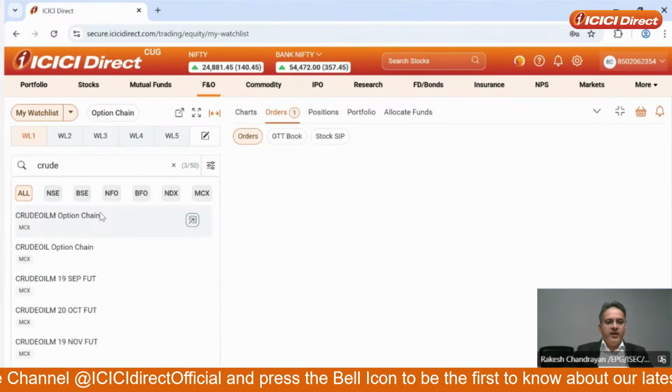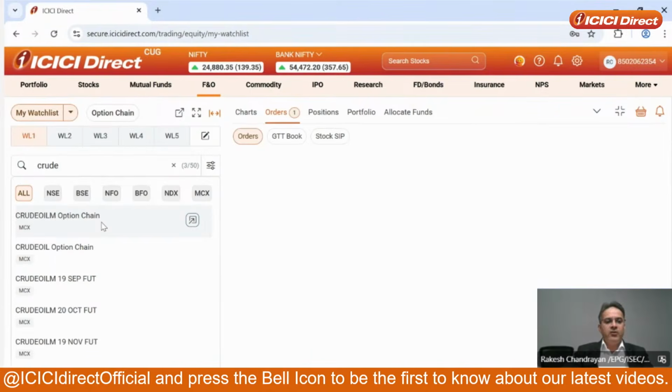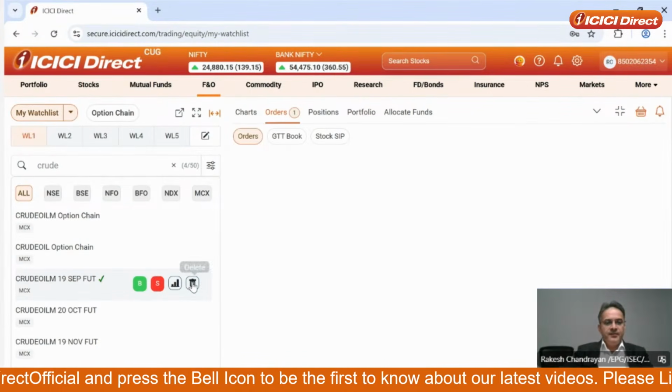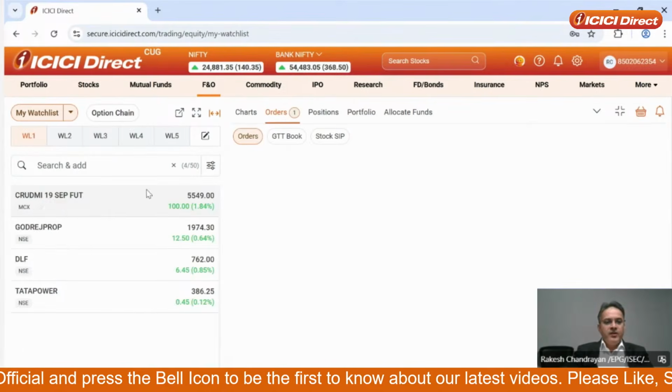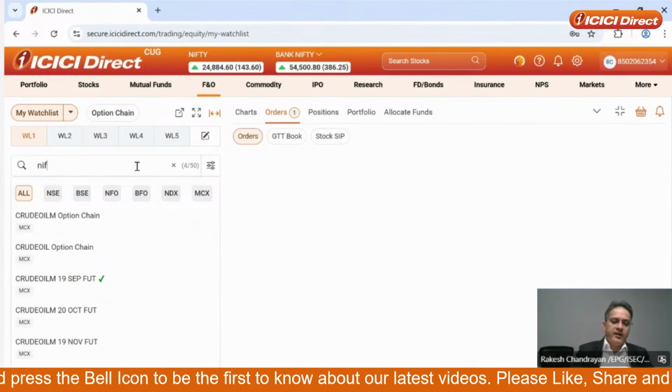Okay, and when I click search on the crude, I already have the option of the crude option chain and the crude future. So I click on add. Now, along with the stocks, I have added the crude. Now if I want to add the Nifty future,